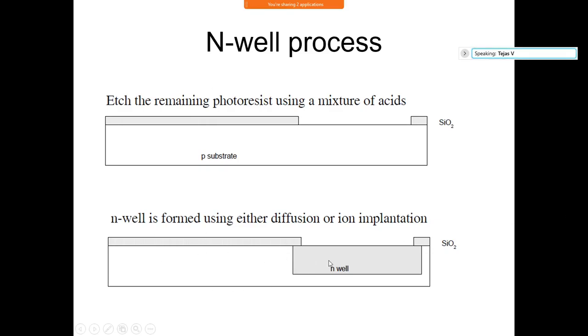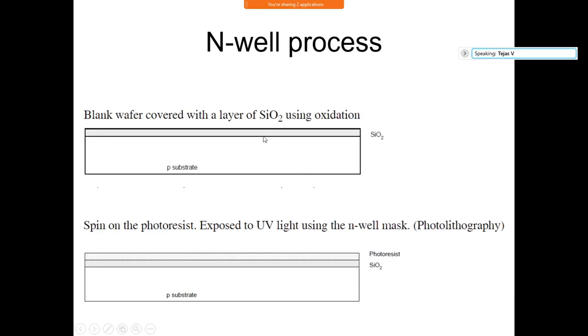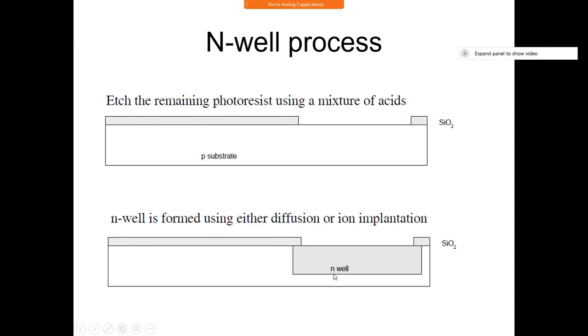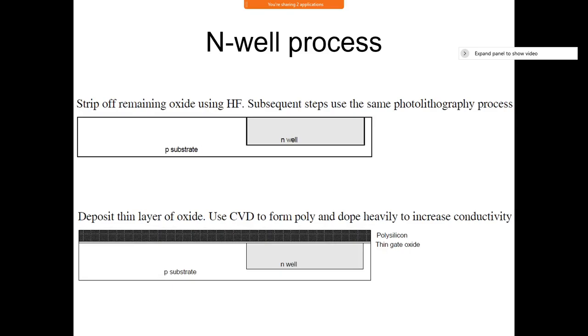Our intention from the starting was that I want to have an N-well here. That has been achieved over here. Did we achieve that N-well being created on your P substrate? Correct? Now this is just simply an N-well, and by the time we have this N-well, there are so many processes that happen. Now the N-well is created. Let us see what happens.